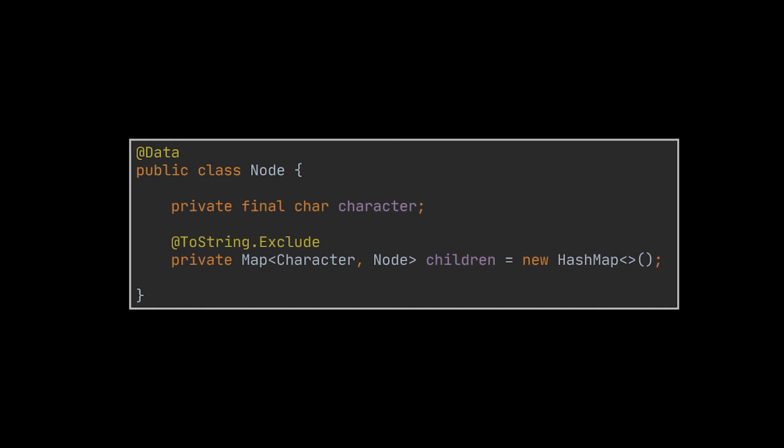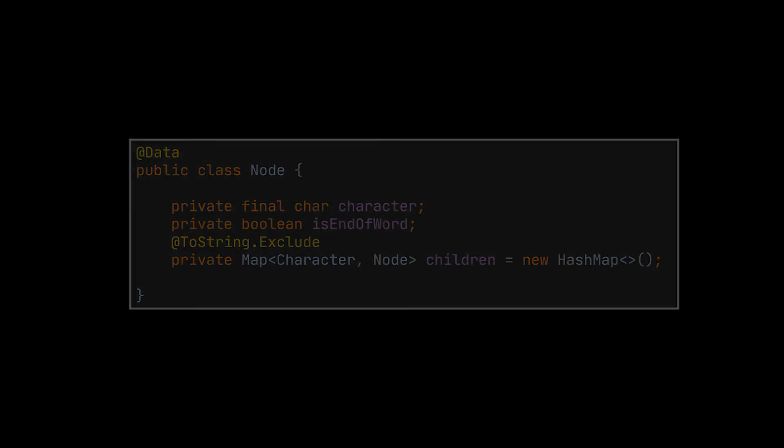This class will store a character, of course, and a map of the children of this node. We chose to represent the children using a map and not a list here, because it will be easier and faster to retrieve a specific child based on the character using the map instead of looping over a list. Additionally, do not forget to add a boolean to specify if this node represents the end of a particular word or not, as we mentioned previously.